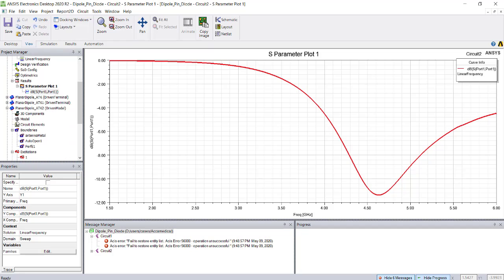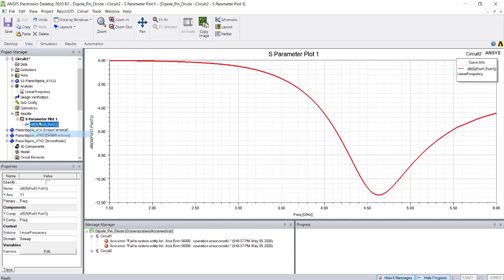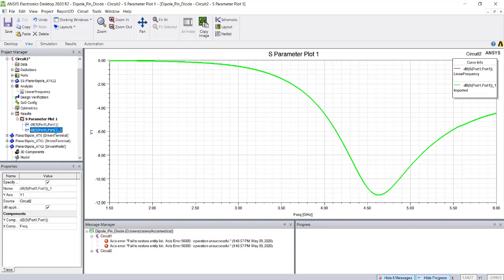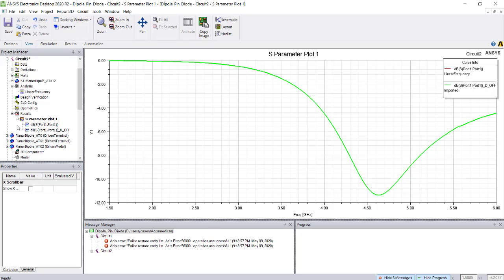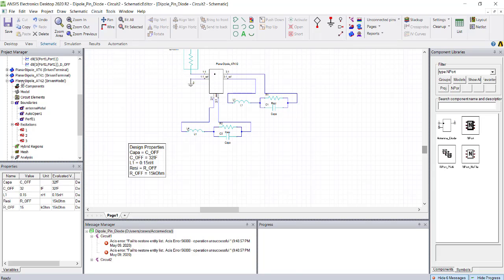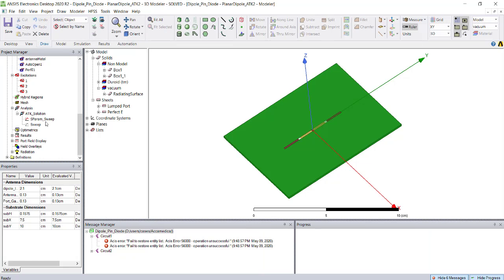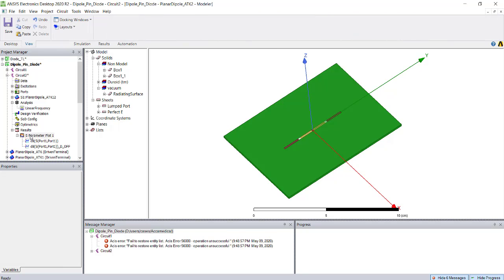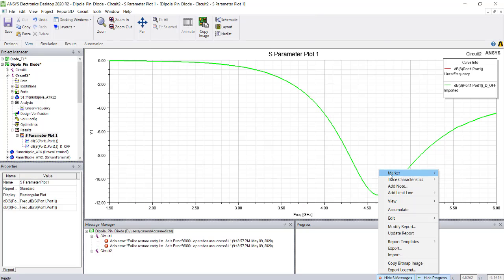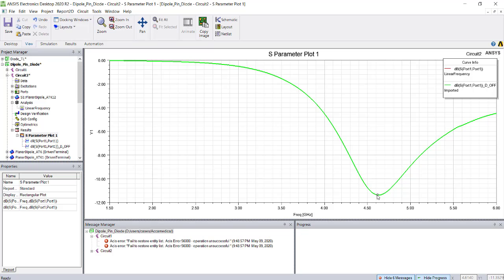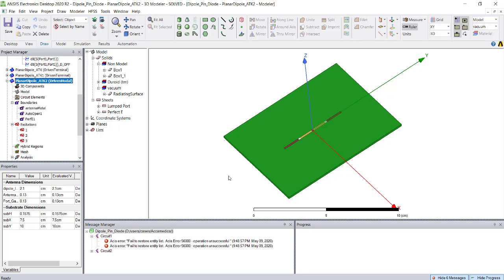Okay, and one more thing I wanted to show you is I'm just taking a copy of this data and pasting it, and going to write when diode is off condition. Okay, so we can check when it is on also. And what we are going to see is in the ATK2, we have seen this diode is going to resonate about 4.6 gigahertz. Let's see at 4.6 gigahertz what is the gain.